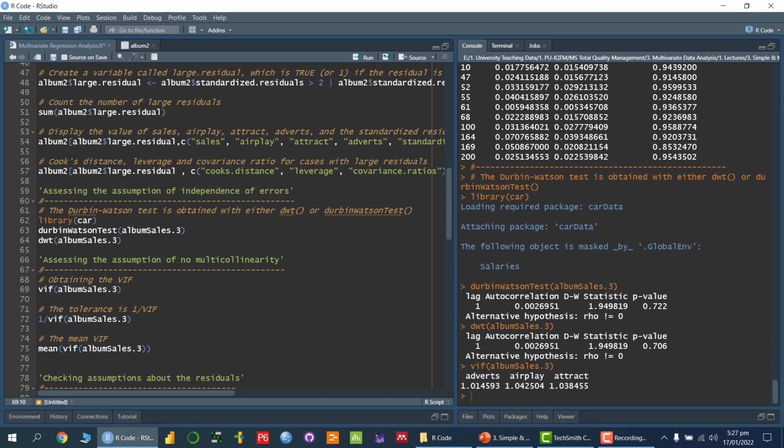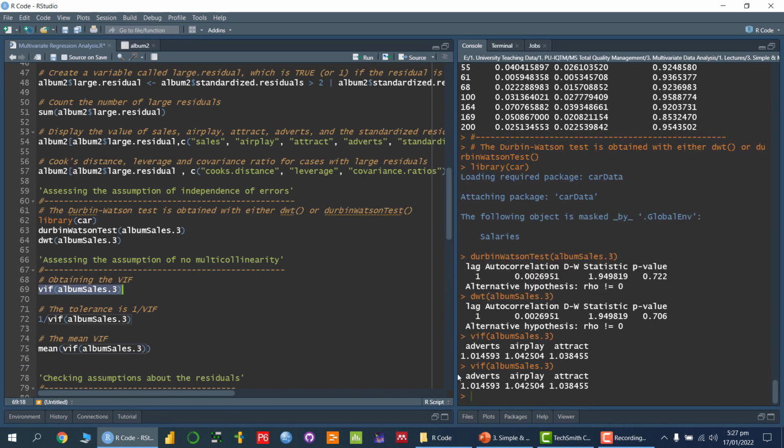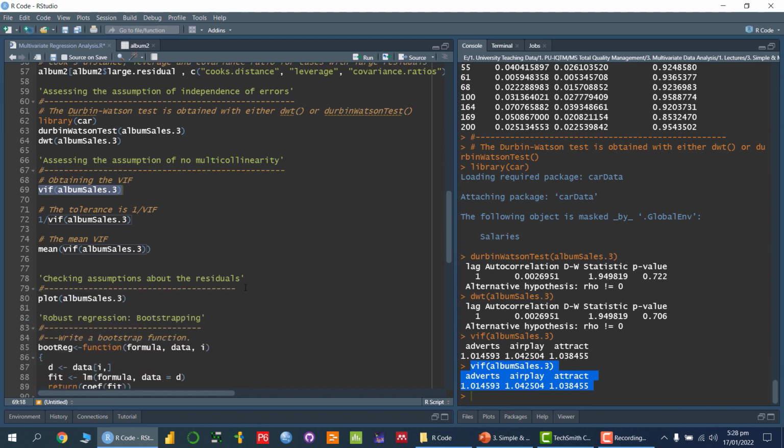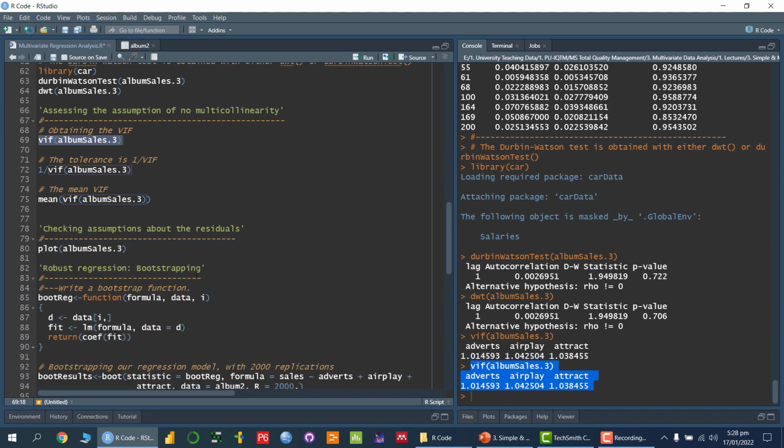Now let's calculate the VIF in R. So how can we do that? That is with the help of this function. If I run this one, as you can see, all the VIF are less than 10. That means there is no multicollinearity in our data set. Okay. Now, in order to check the other assumptions such as the normality in the data as well as the